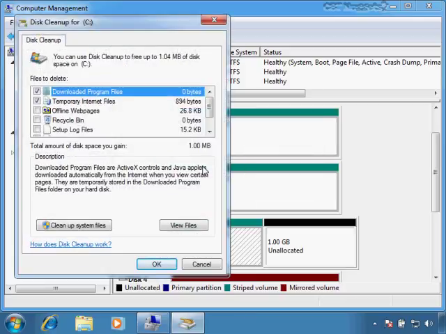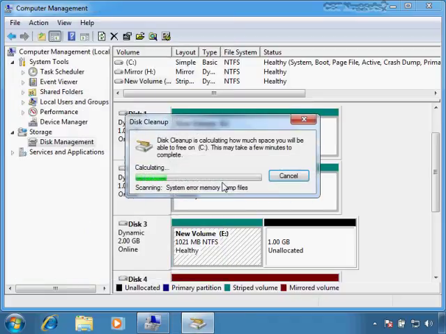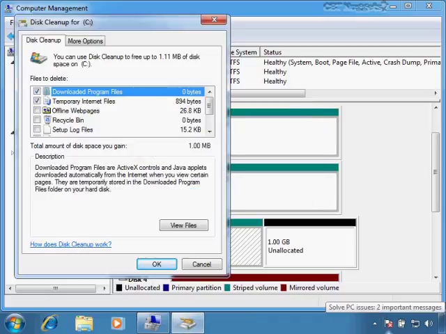All that really does, which is right here, it allows me to also do things like uninstall programs that I'm not really using anymore. That would put additional tabs up here. In fact, let me just do that so you can see what we're talking about there. And there it is. Okay, so now you can see, in addition to things like downloaded program files that I'm